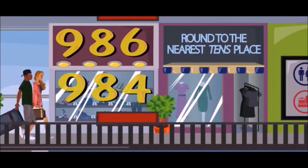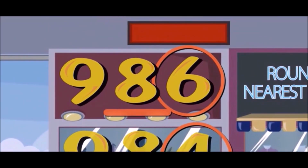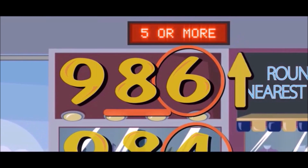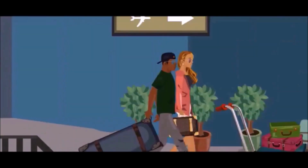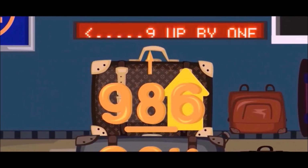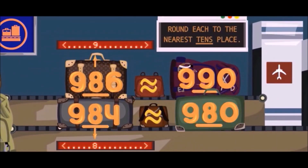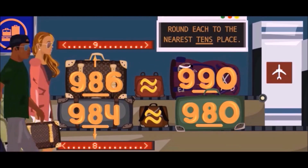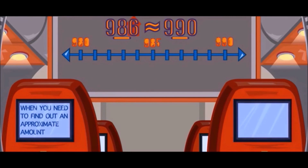When rounding to a certain place value, find the rounding place then continue to look at the number to the right, man, you don't need luck. If the digits 5 or more, then you round up. If the digits less than 5, then you round down. That's how the rounded number is found. When rounding up, the rounding place goes up by 1. When rounding down, it stays where it had begun. The numbers to the right of the rounded digit get changed to zeros, then it's legit. When you need to find out an approximate amount,